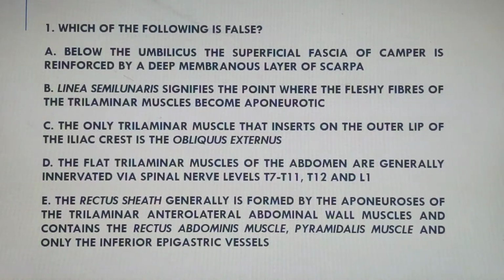Question number one says, which of the following is false? Option A says, below the umbilicus, the superficial fascia of Camper is reinforced by a deep membranous layer of Scarpa. Now, this is a very true statement. Bear in mind that the superficial fascia is just like any superficial fascia that we have in the rest